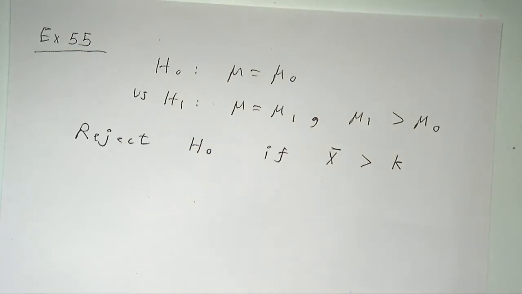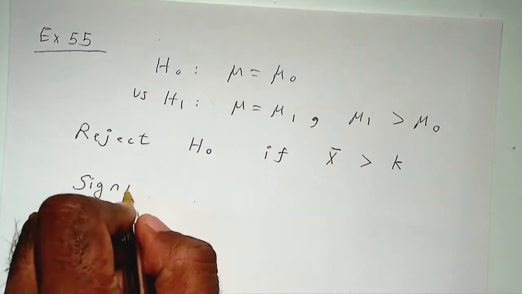The first part is to find the value of k such that the rejection region has significance level alpha equal to 0.05, right? So we want to determine the value for k so that, remember,